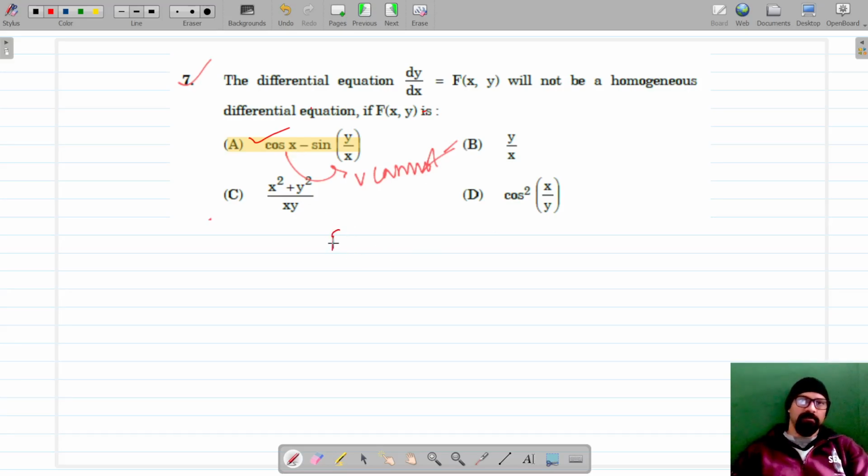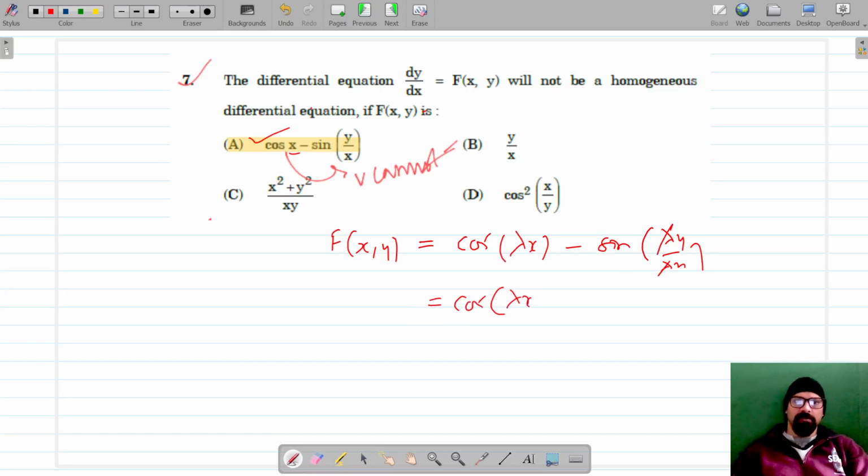Let's consider this as f of x, y, and if I substitute x with lambda x and y with lambda y, so if you see, this is now changed to, because there is no way to cancel lambda x, so that means this cannot be a homogeneous